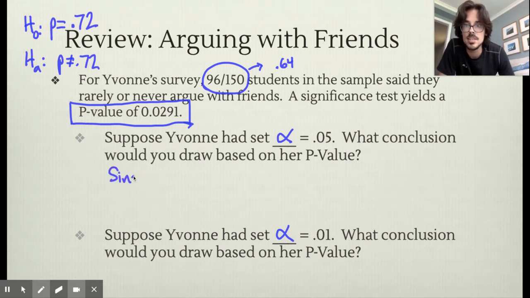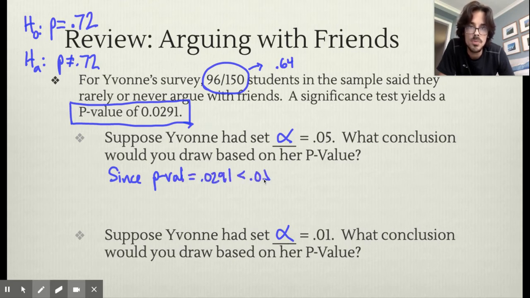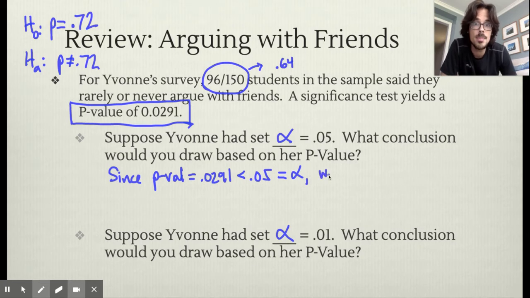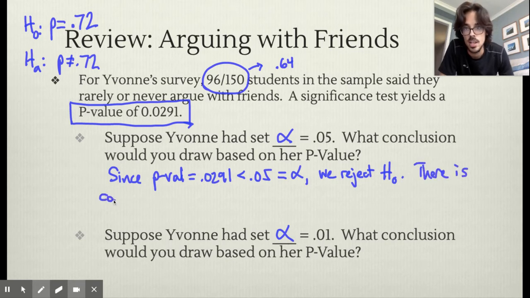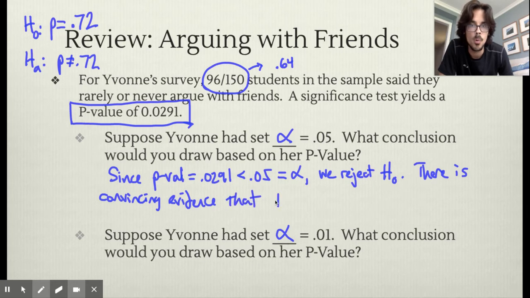So because our p-value is only 0.0291, that is less than 0.05, which is our alpha, that means we're convinced. The evidence was strong enough to convince us. That means we are going to reject the null hypothesis that our school is no different. So we reject H0. There is convincing evidence for HA. And for this problem, convincing evidence for HA, so that the true proportion